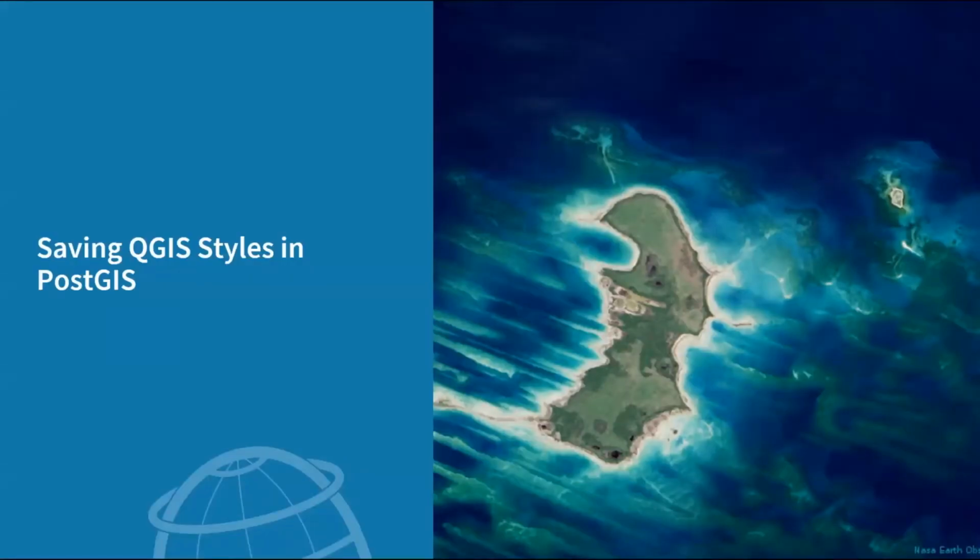The next thing I wanted to talk about is saving styles and default styles to PostGIS. So this is essentially when you've taken all the time to style all of the symbology on your layers, the labels, even the forms. You have it looking really nice. And you might want to reuse those layers in a different project. Well, you don't want to have to spend the time to copy all the different styles from one project into the other. So you can store those styles in PostGIS, and it makes it really easy to apply those styles